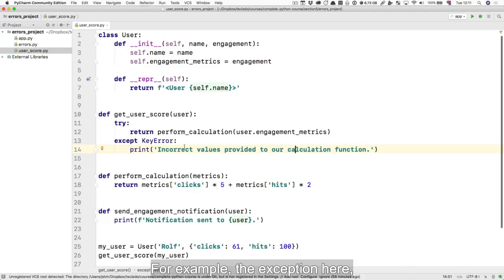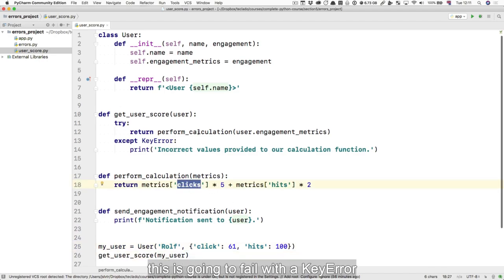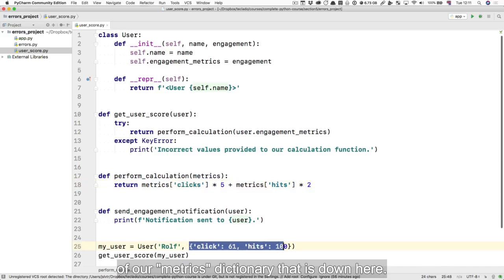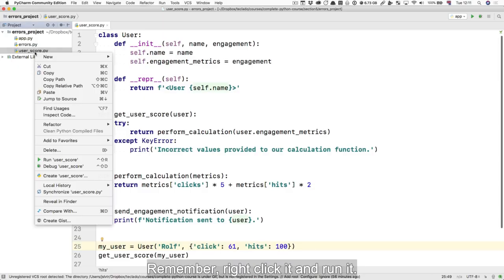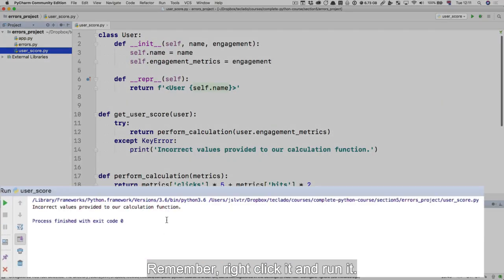For example, the exception here, key error, is caught, and if we were to mess up and create our users with a click key instead of clicks, this is going to fail with a key error because clicks won't be a key of our metrics dictionary that is down here. So let's run UserScore. Remember, right-click it and run it. And you'll see